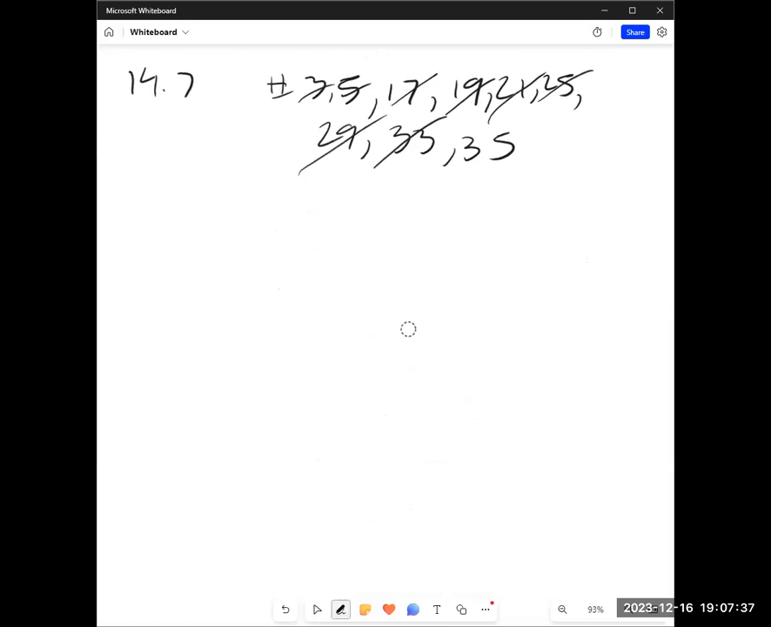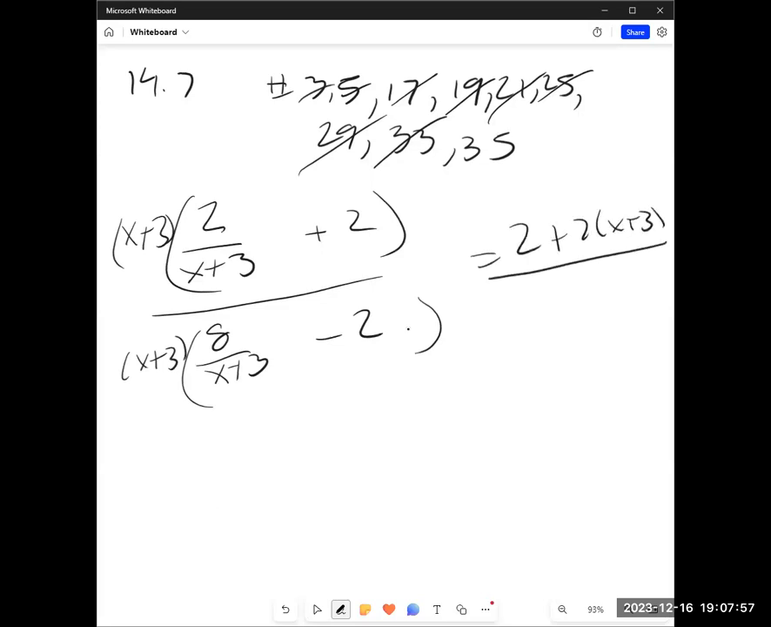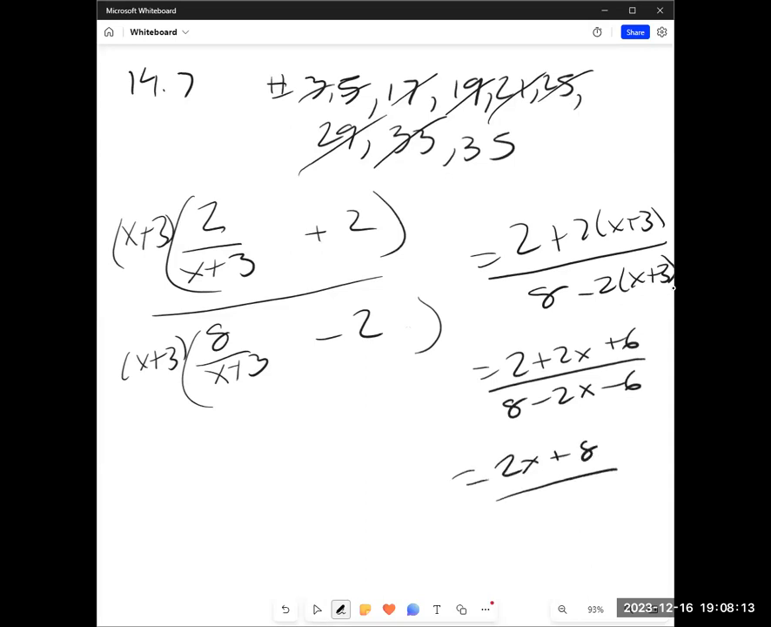So 2 over x plus 3 plus 2 over 8 over x plus 3 minus 2. Our common denominator is going to be x plus 3. That's going to be 2 plus 2 times x plus 3 over 8 minus 2 times x plus 3. Give me 2 plus 2x plus 6 over 8 minus 2x minus 6 is 2x plus 8 over